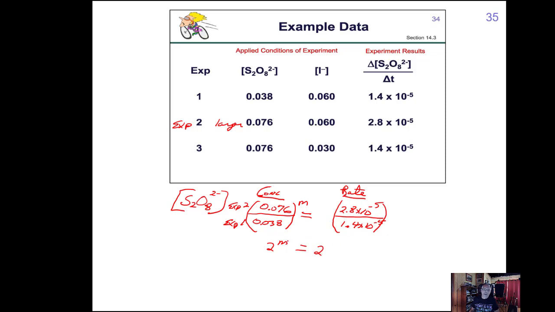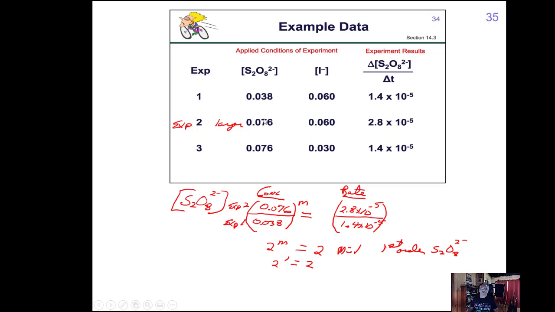And you ask yourself, well, 2 to what power equals 2? Well, 2 to the first power is just equal to 2. And so we discover that our exponent m is equal to 1. So we are first order in peroxydisulfate, this particular reactant. Okay, so now we want to select 2 experiments for iodide where the concentration is varied,